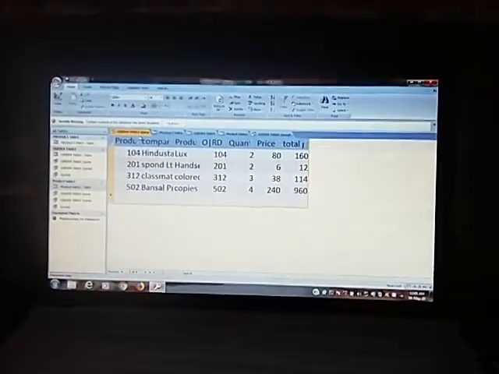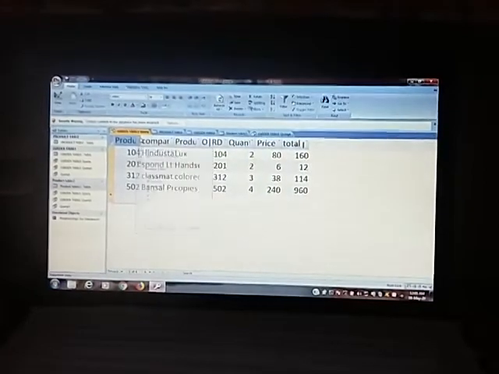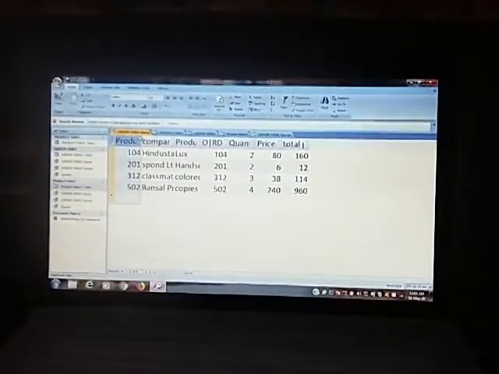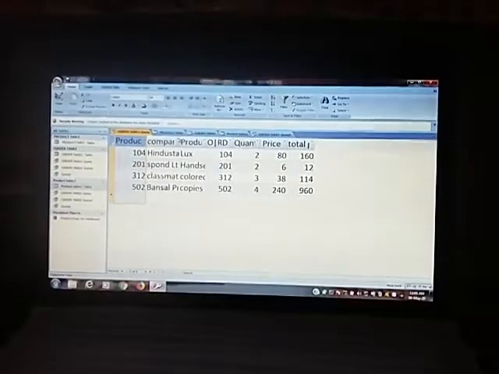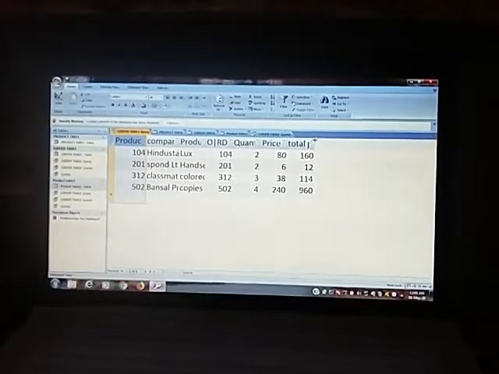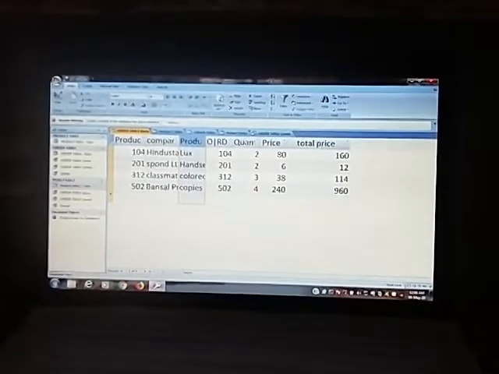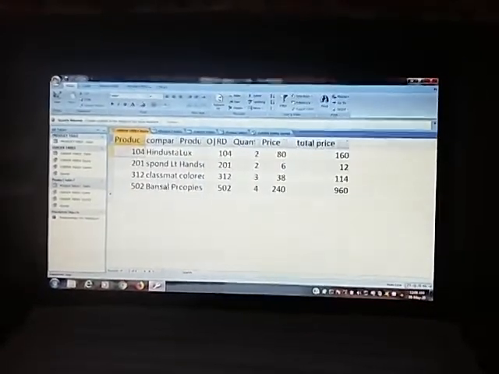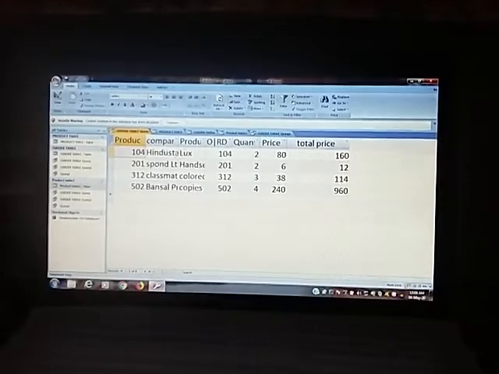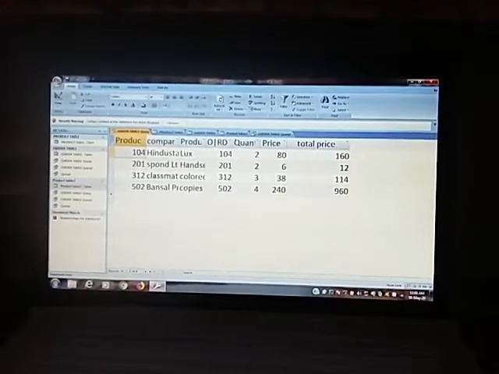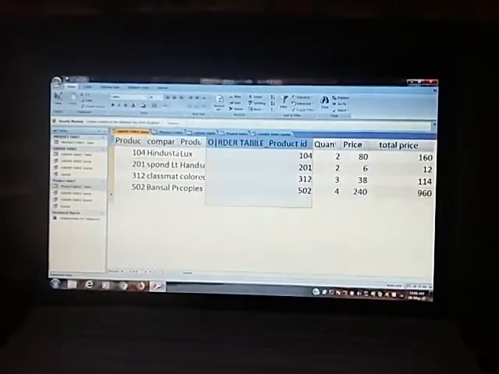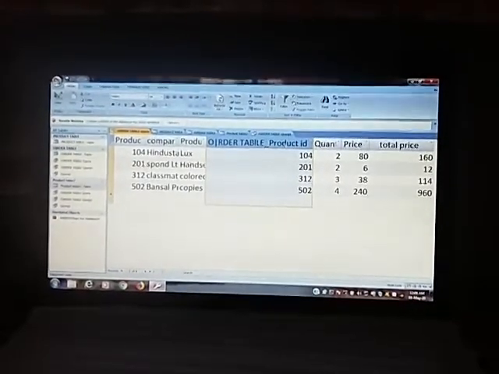So product ID, total price, company name: product ID 104, company name Hindustan Lever, product is Lux, and that is the order table, with the product ID again.